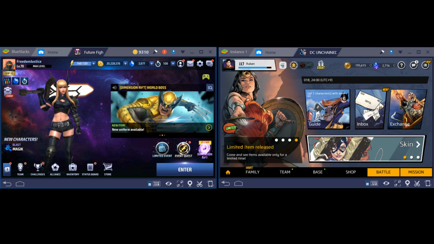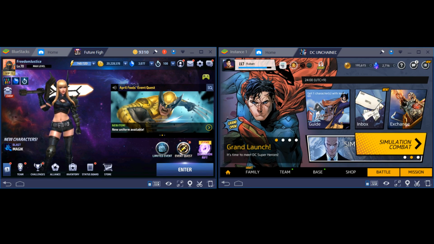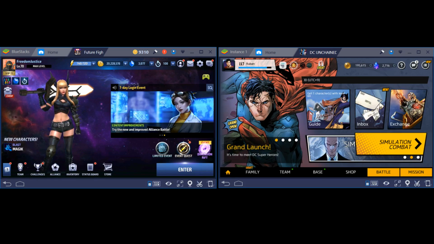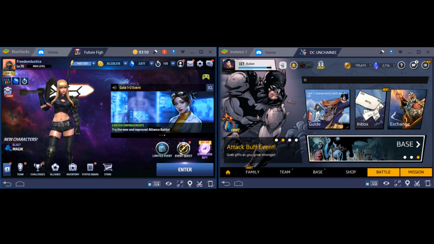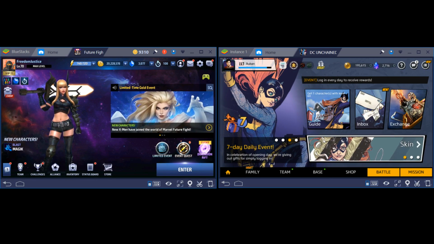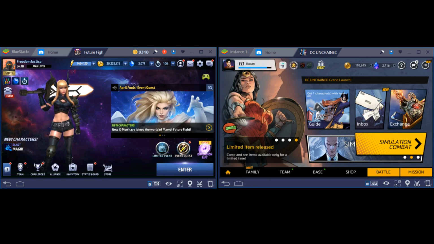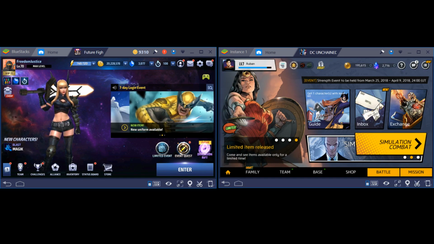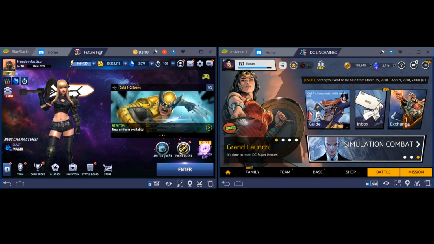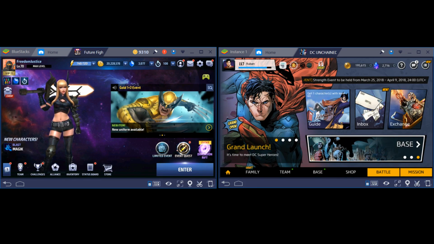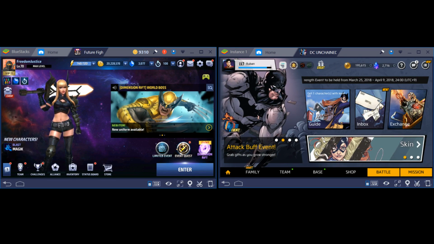Take note that these comparisons are completely from a consumer's point of view. It's us as the community that keeps these games going, and it's up to us to compare and test them out from time to time so that the developers have a form of competition. This is, of course, a healthy form of competition because we want improvement, and without competition there's no improvement, and the game can just kind of manipulate the market however they like. So we're going to look at that,